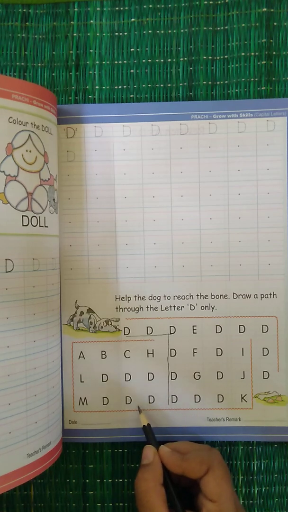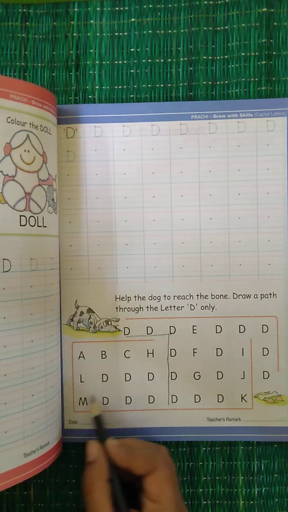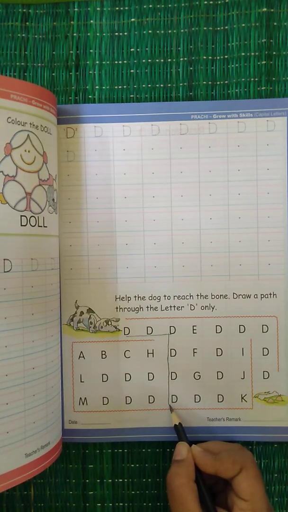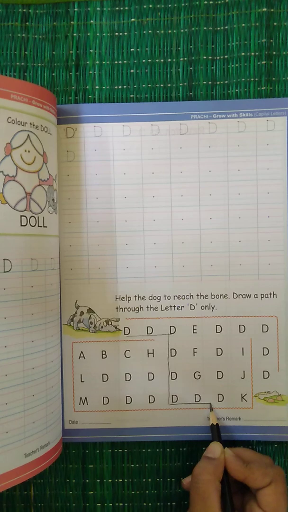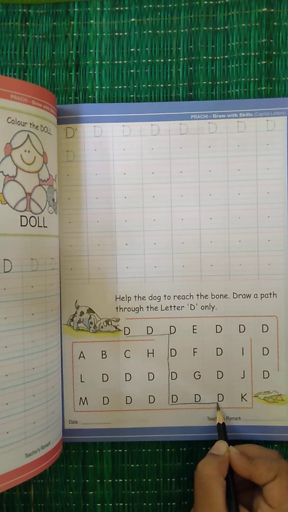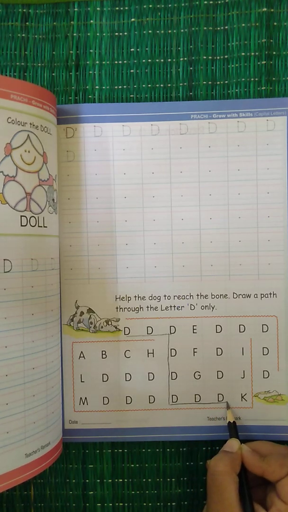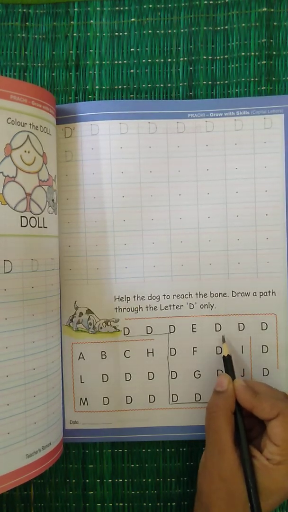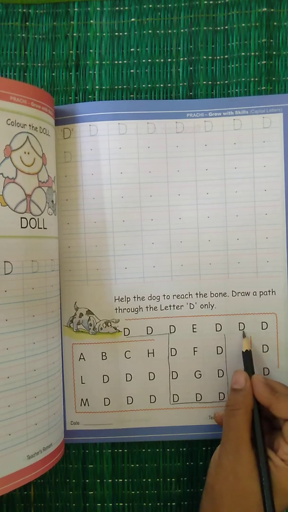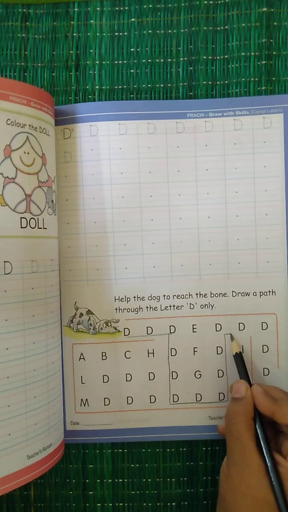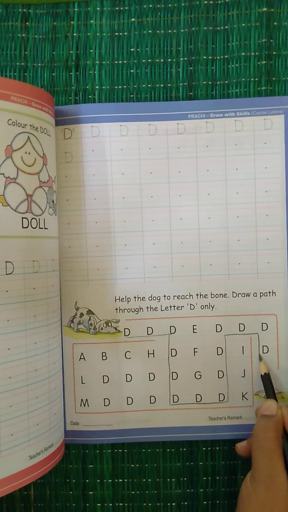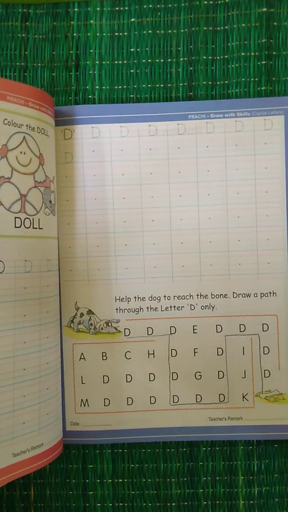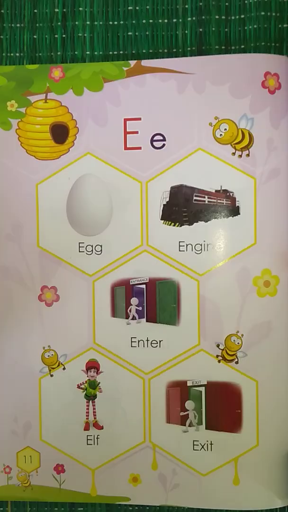Now here also the letter D is there. But is the bone this side? No. The bone is this side. So we have to move towards this D like this. Now where else D is there? Now again I can see a D on top. So we will go like this. Now where do we move? Left or right? Yes, the letter D is here. So we will move this side. And then reach the bone. Okay children, can you do this? Yes, now we'll move to your next assignment.